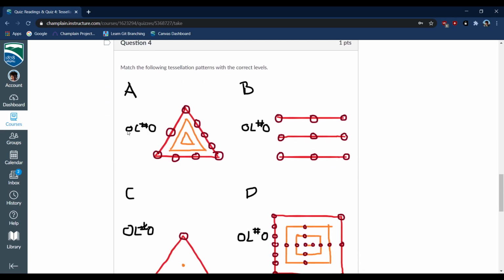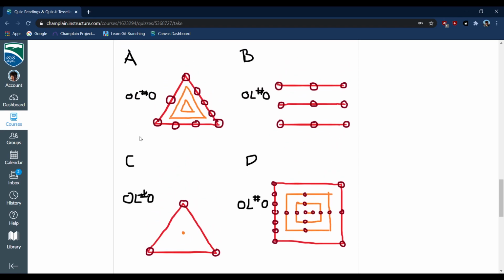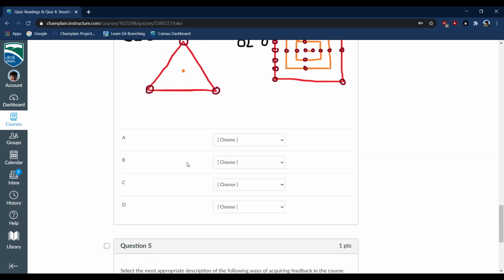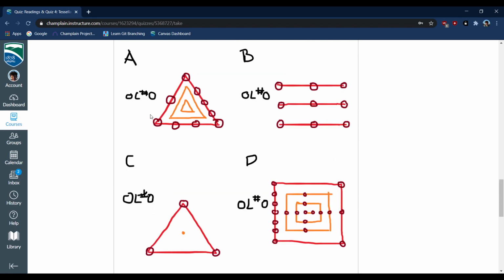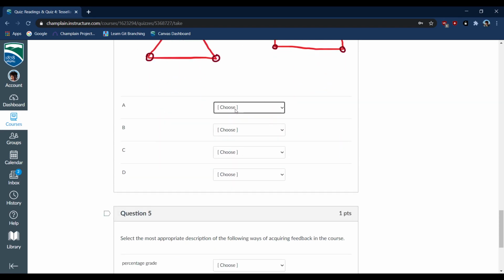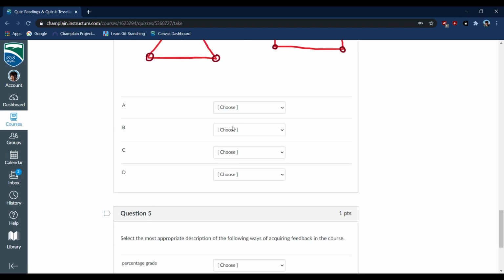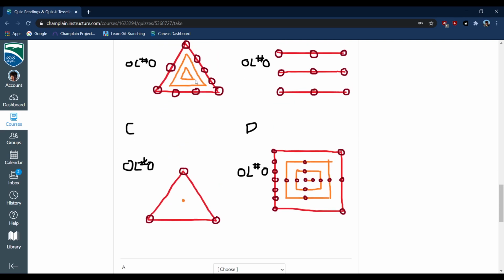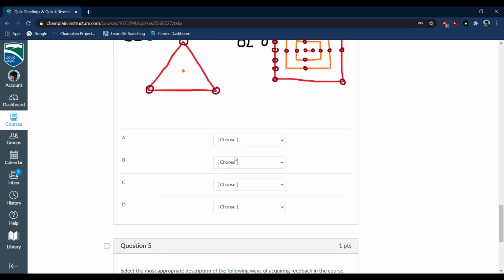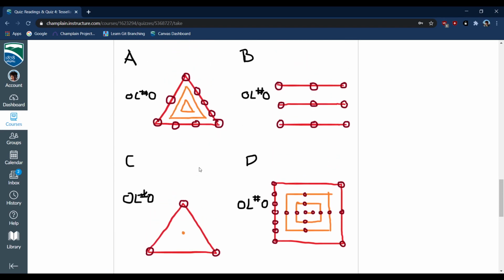Match the following tessellation patterns with the correct levels. So there's 1, 2, 3, and then what's that? 2 inside, 3 and 2. No, it'd be 1 inner level, outer level 2, 3, 4. So outer level 2, 3, 4, inner level 5. I feel like it might be, I'm going to say this one, I think for that, and then that one is